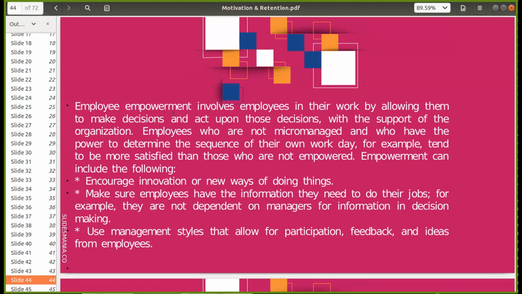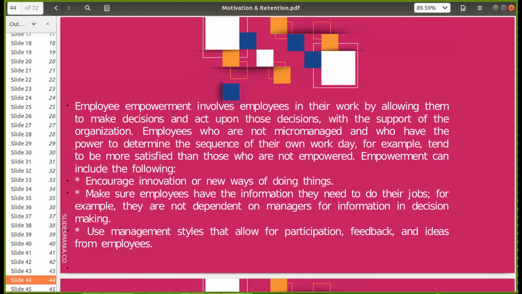So ito yung mga hindi binabantay kasi pag micromanage ka, kulang na lang pati sa CR bantayan ka. Lagyan ng CCTV pati sa CR. So pag may tiwala sa iyo ang management, of course, hinahayaan ka nila. That's a form of empowerment. So, ikaw nang bahala dyan. Basta may tiwala kami sa'yo. Kung ano man kailangan mo, ibibigay namin.